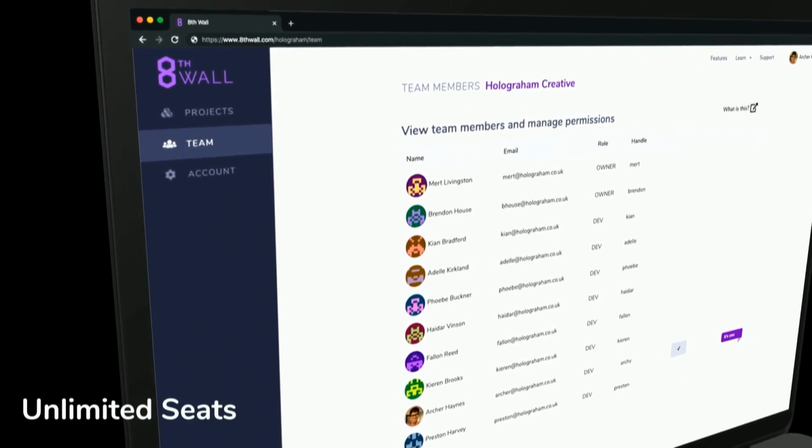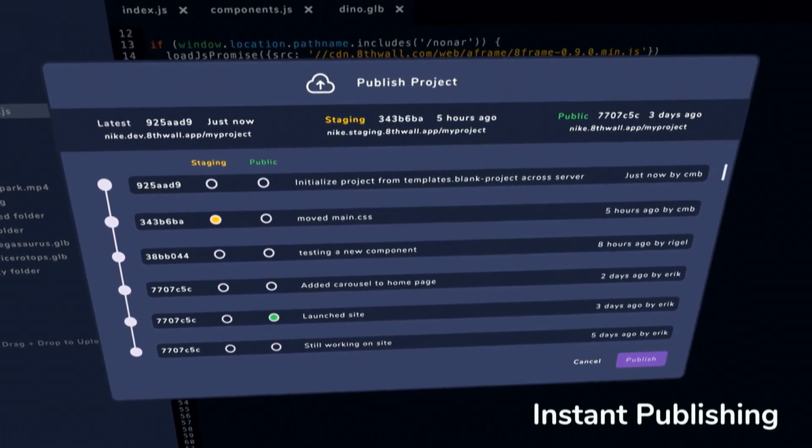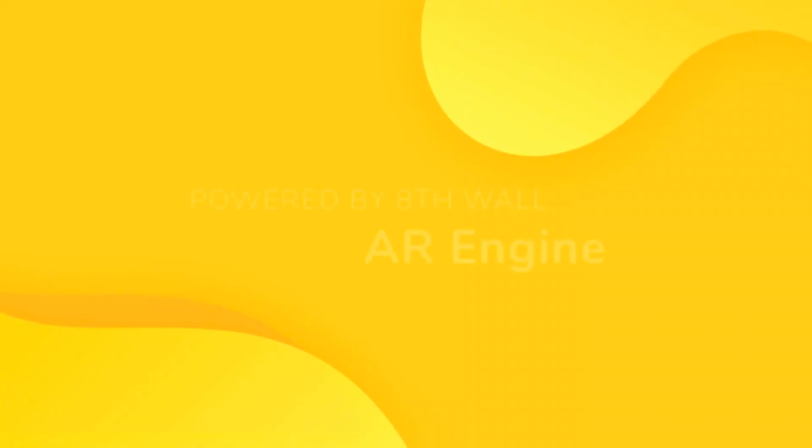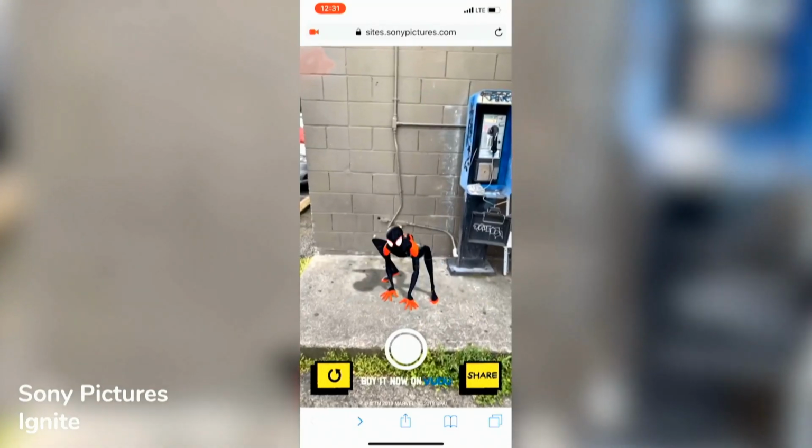So it's entirely in browser, and it's included with all of our AR plans. And if you're not familiar with 8th Wall,